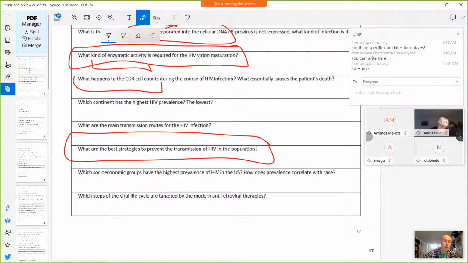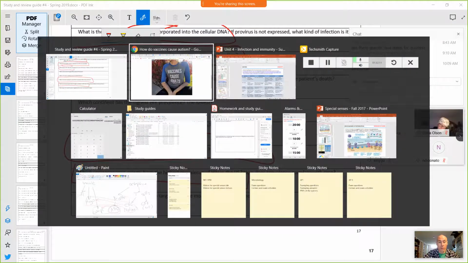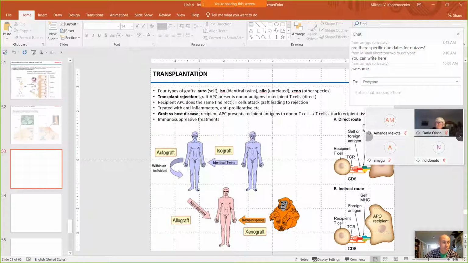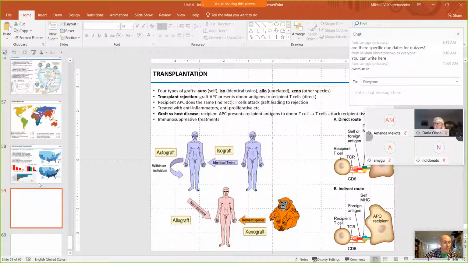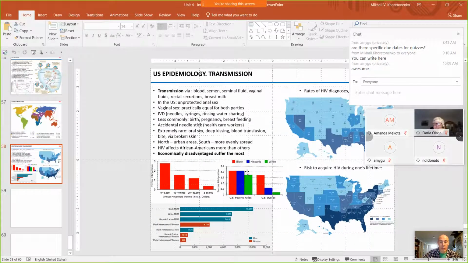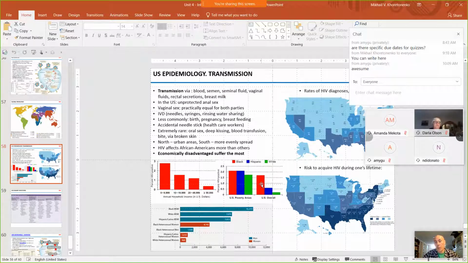Socioeconomic groups: poor. Prevalence in the United States, the disease affects mostly the African American population, also the Latino population. But if you look, I have that lovely picture. There's a graph showing that once you take poverty into account, just look at people with the same income. Basically, if you're poor, there's a huge percent of HIV positive. If you look overall, it's mainly African Americans, because more African Americans live in poverty.